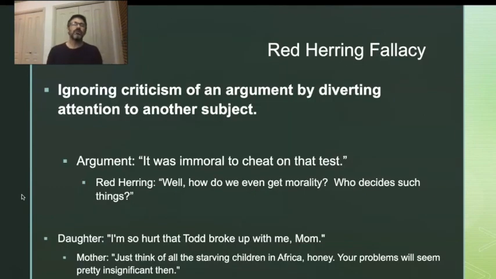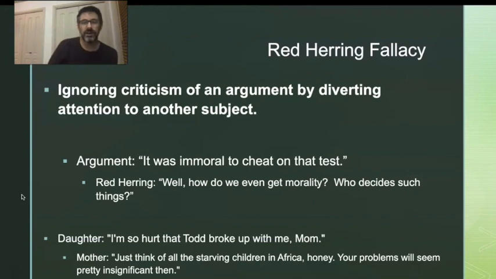I'm just going to go through a few basic ones right here, starting with these. Now, these are some of the most common ones. And again, there are many, many, many fallacies. Some of them are super interesting. Some of them have cool Latin names. We're going to start with some of the ones that we're going to see most commonly.